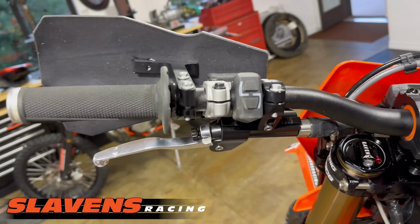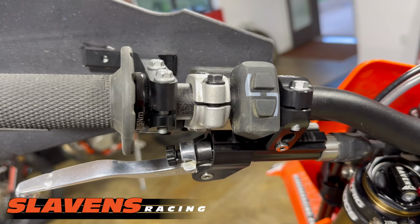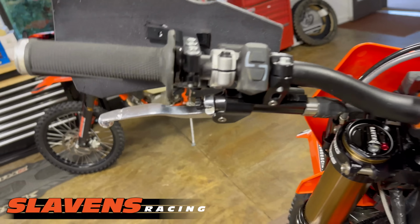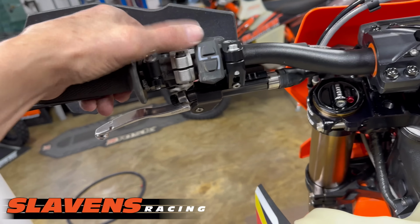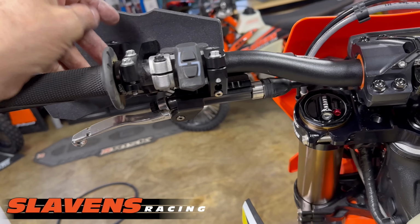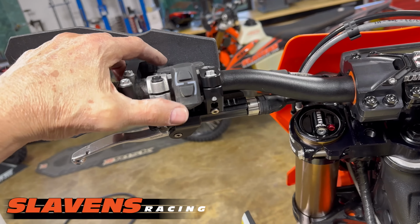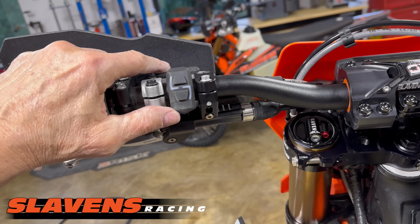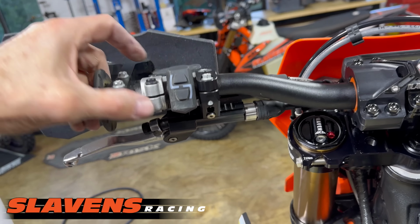I think that's about it. I think I already mentioned the map switch. Maybe not. Not sure if I mentioned this or not, guys. So this is the map switch. This is off of my XC. I want to run it on here for a while to see if I like it or not. It might end up coming right back off, but